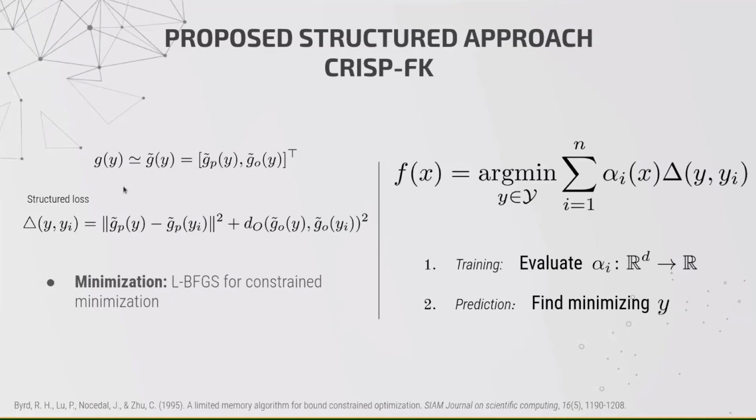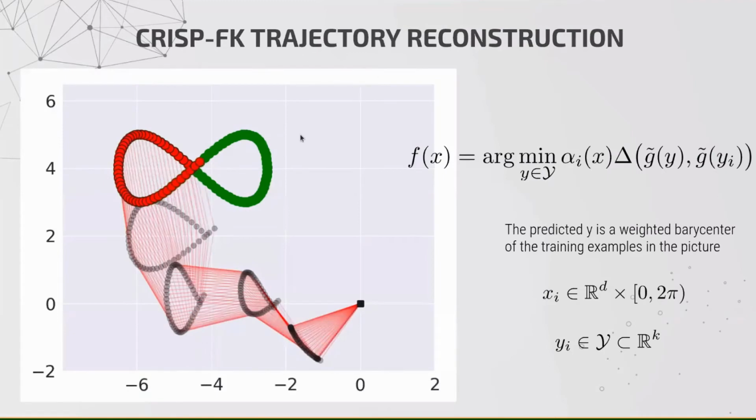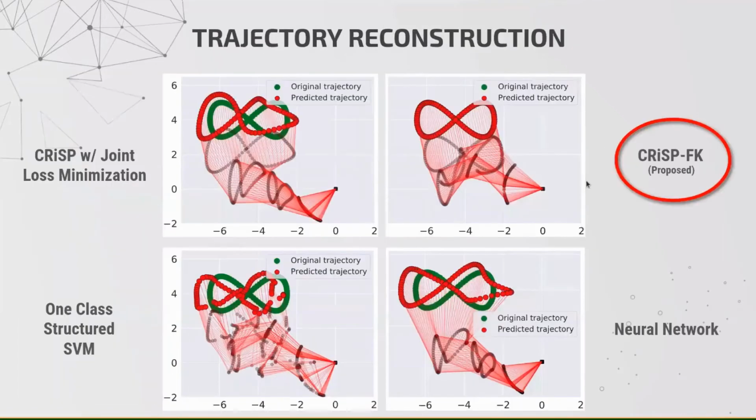So given this estimator for estimating the inverse kinematics, we test it on the task of trajectory reconstruction specifically. So suppose we're given a sequence of points in the task space, and the goal is, one by one, to find the joint configurations that reconstruct those points sequentially. And we do this with our CRiSP structured estimator. First of all, we compare our method with other data-driven approaches. And you can see here qualitatively the results. So we see that CRiSP is very good at reconstructing trajectories, while the three other data-driven approaches perform very poorly,